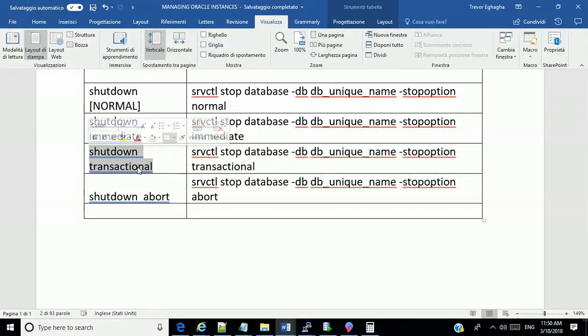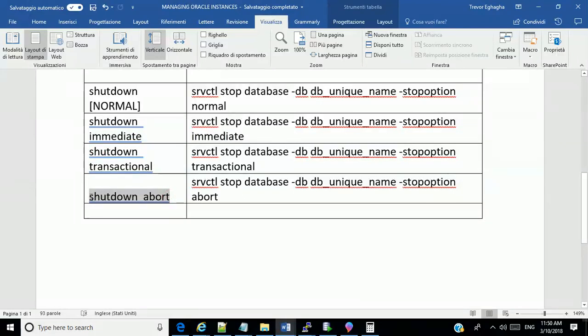But it makes sure that no new connection is admitted while the shutdown is in progress. At times it can take very long, but at times you really need to safeguard your transactions, particularly in the banking sector. So you use shutdown transactional, okay?